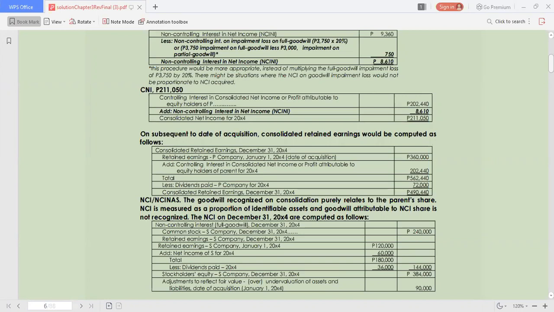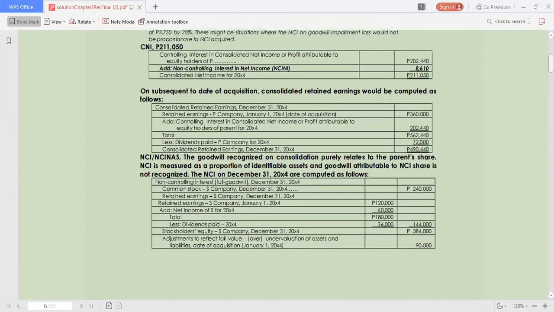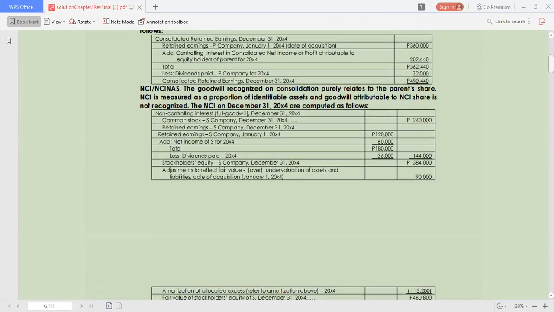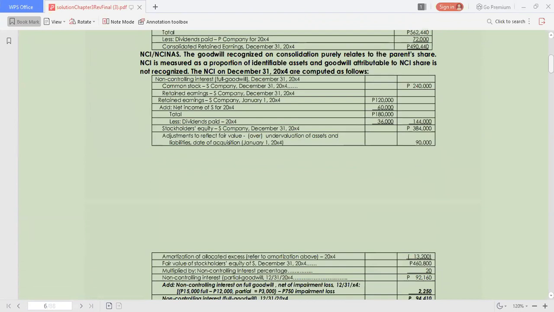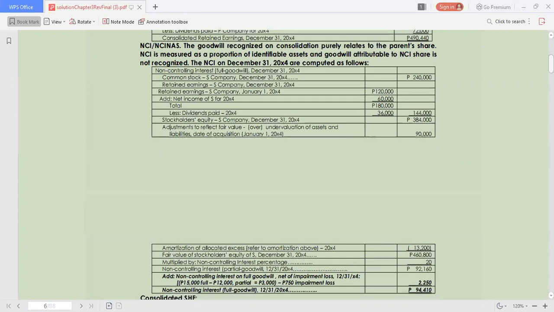We have retained earnings and net income and deduct dividends. We have stockholders equity of S company on December 31, 20x4, and we have the adjustments of 90,000. Then we deduct the amortization of allocated excess, 13,200. Now we have the same figure in the table above. So that gives us